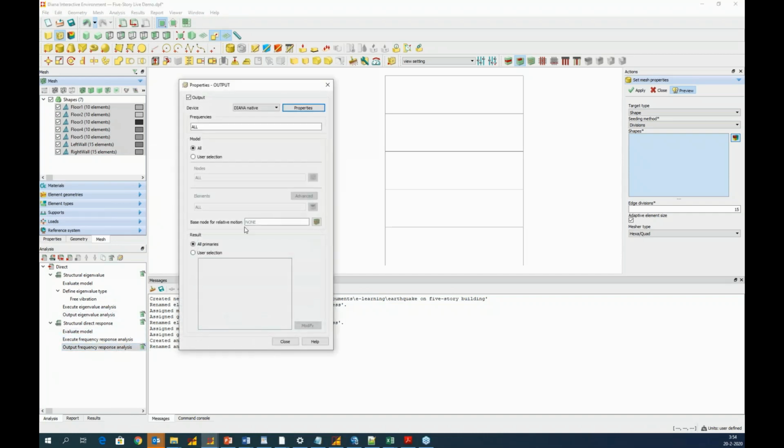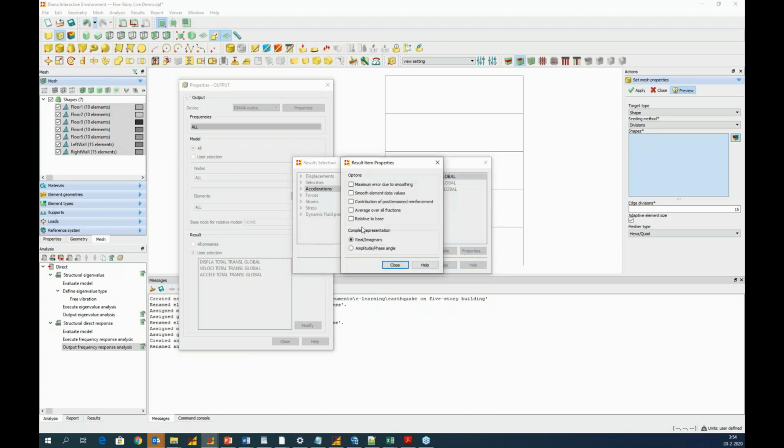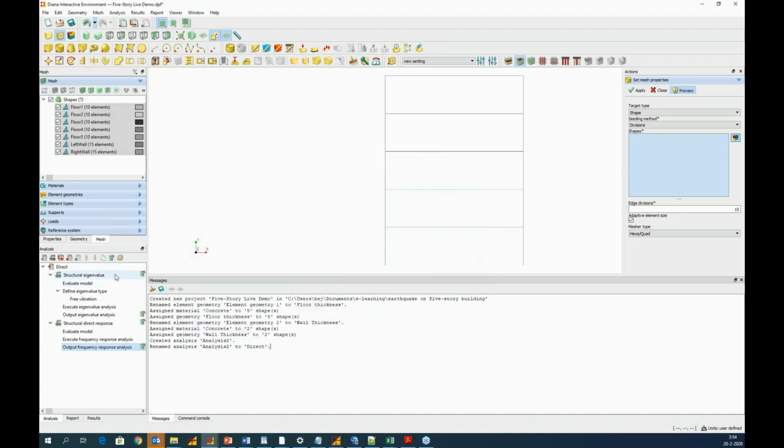And for the output, I'm going to ask for displacement, velocity, and acceleration. And for all of these three output components, I will select the resulting amplitude and phase angle, so that the peaks in the amplitude of displacement will have a clear representation and be in good agreement with the eigenfrequency. So I go to here and check amplitude. I do the same, and the last time here, click OK. So our analysis setup is ready. We can perform our first analysis.